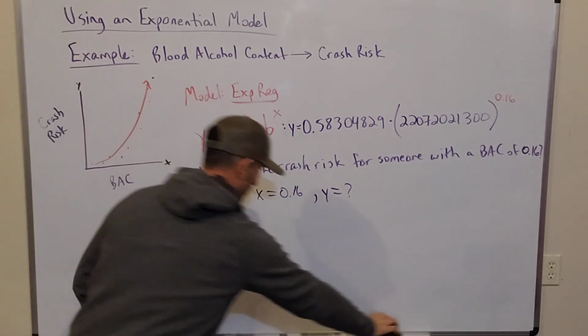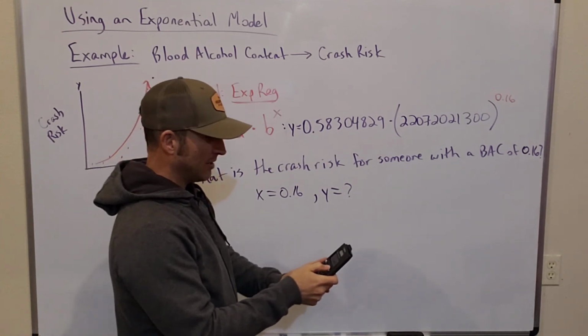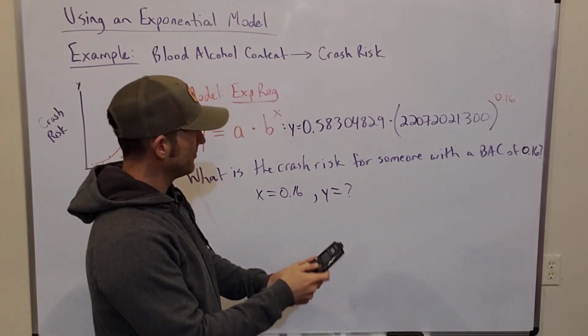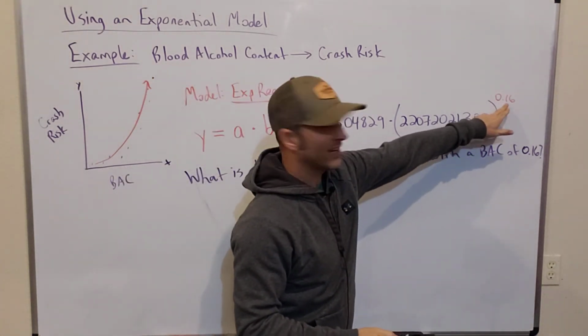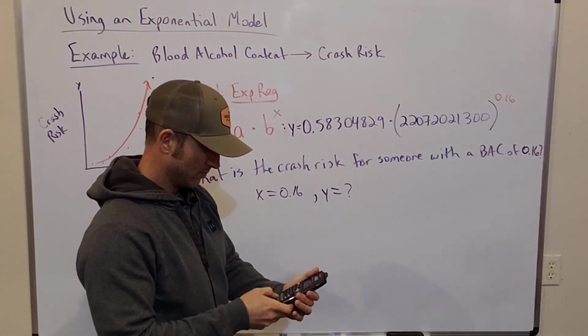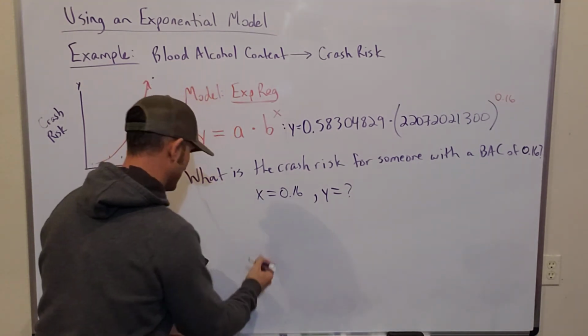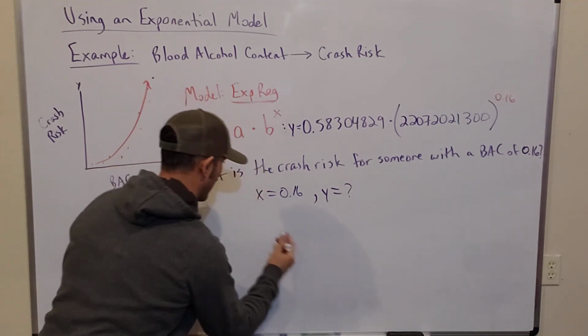Since I've already typed this in once, I'm not going to retype it all. I'm going to hit my up arrow to go back to that formula, and change the 0.08 that I had here to a 0.16. And it looks like in that case, we get approximately